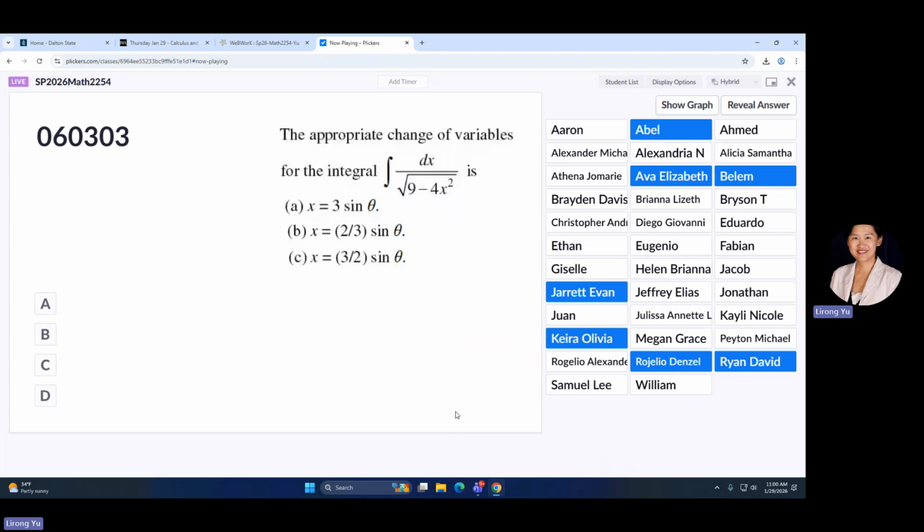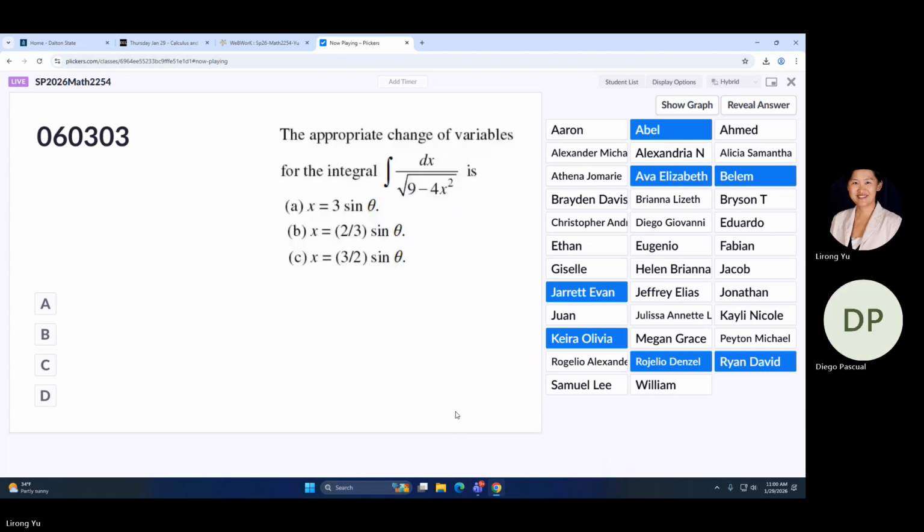Let me try this one, 9 minus 4x squared. Basically, we have a 9 minus a square. This is actually 9 minus 2x squared. We're trying to represent it in a way so that eventually this becomes something squared, because this is under the root. If it's not equal to a square, we won't be able to get it out of the root. So how we do it when we present